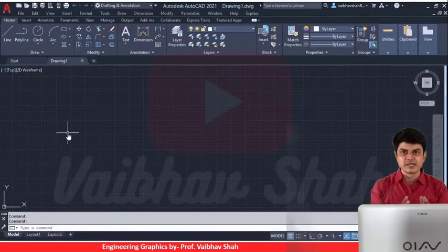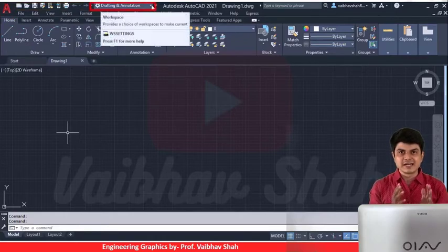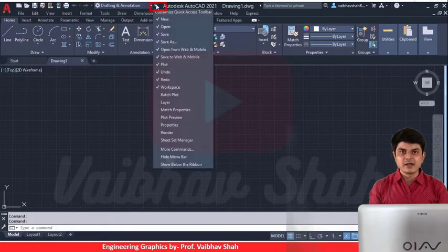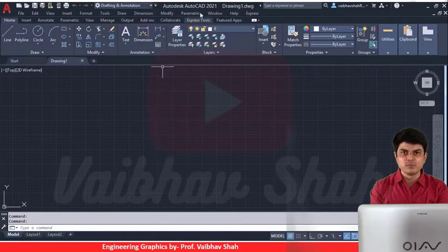You will have this screen. Let us understand the different parts of this AutoCAD screen. First, on my left hand corner, I have an application icon. Then I have a quick access toolbar. Then there is the drafting and annotation tab. You can press down and open any of the modes, such as 3D mode, to draw your 3D objects. On the right, I have one down arrow key. By pressing this down arrow key, you can switch the menu bars on and off.